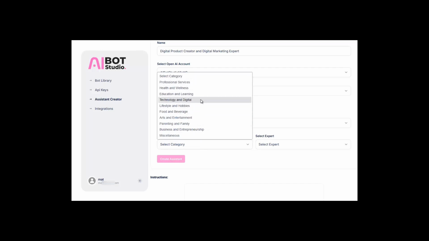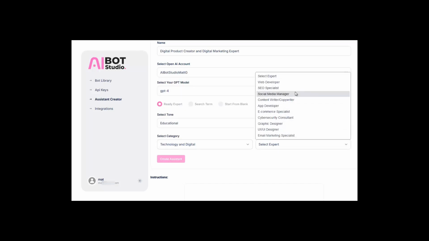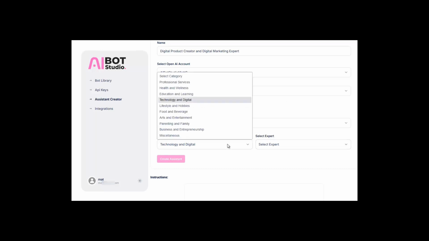So let's go with technology and digital. And then under that, you have the different types of experts available. So e-commerce specialist, graphic designer, email marketing specialist, etc. And right now there are over 100 available across these different categories, but we are building this out and adding